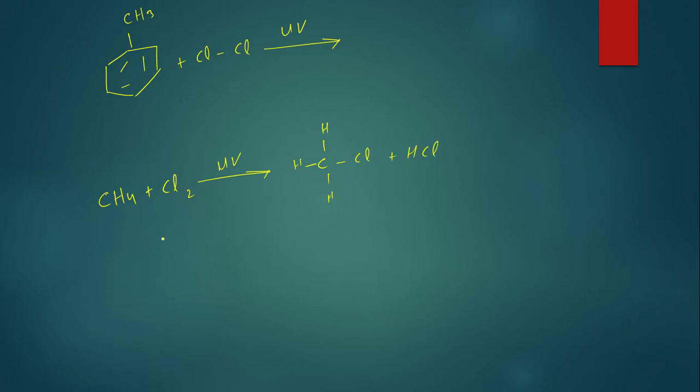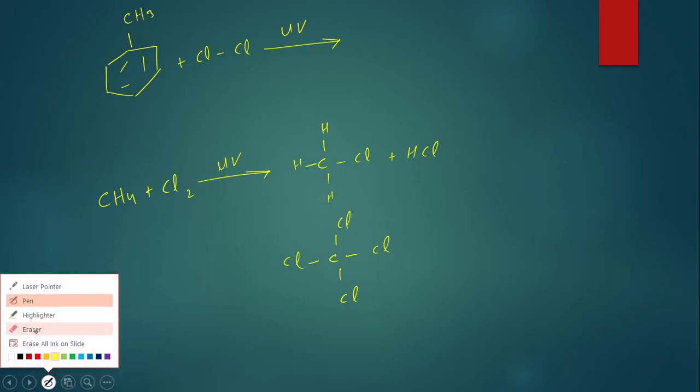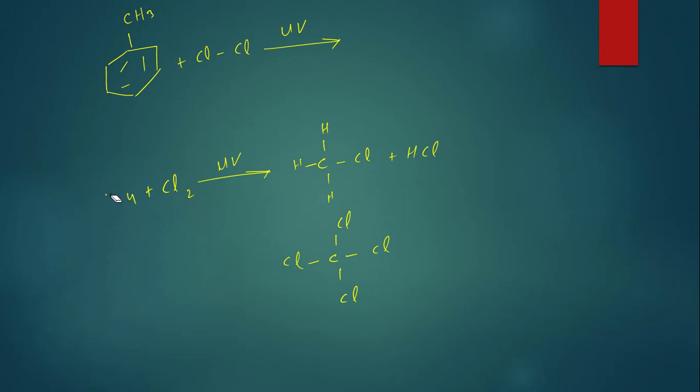In the second step, the second hydrogen is replaced with chlorine, and one by one all hydrogens are replaced with chlorine, and we get this product. We have studied this in alkane reactions. If we are having our reaction of methylbenzene with chlorine, but the condition is sunlight,